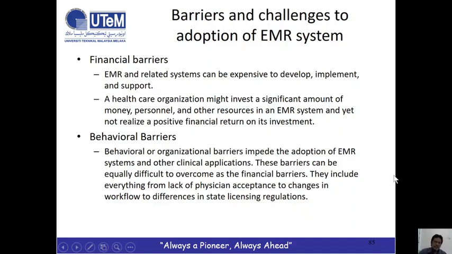Another barrier is behavioral barriers. Behavioral or organizational barriers impede the adoption of EMR systems and other clinical information. This barrier can be equally difficult to overcome as the financial barriers, because they include everything from lack of physician acceptance, to change in workflow, to differences in state licensing regulation. I think the behavioral barriers are tougher compared to the financial, because